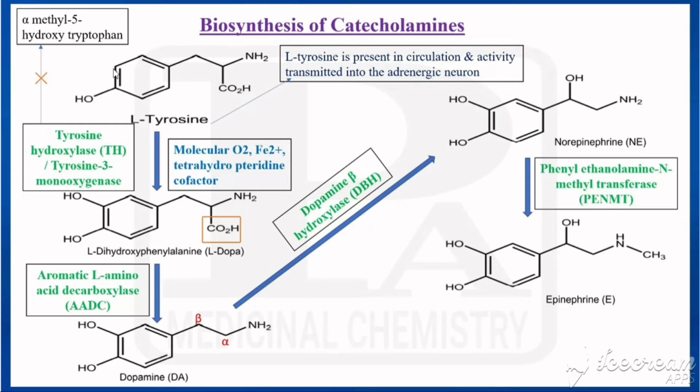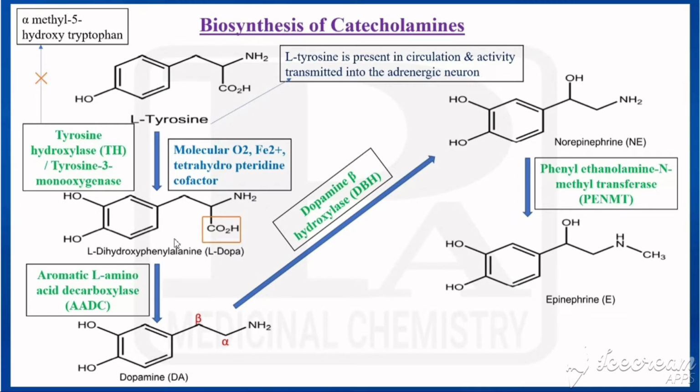Already one hydrogen is there. By taking that hydrogen, that oxygen combines with it and that will be converted to OH. So we are having hydroxy groups in the third and fourth positions. Already we have the fourth position, and now in the third position also we are adding one more hydroxy group. So that's why it is called L-dihydroxy. Without this hydroxy, this is called phenylalanine. So that's why it is called L-dihydroxyphenylalanine, or simply L-dopa.